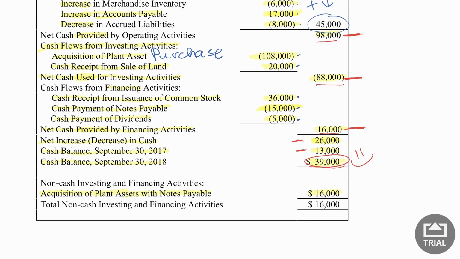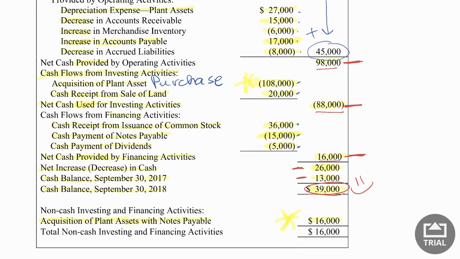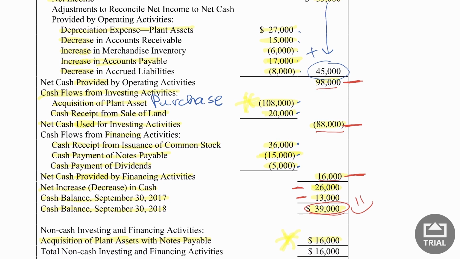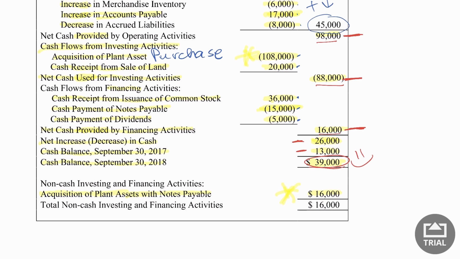So if you think about it, we acquired plant assets of $124,000. The amount that I paid for cash, I put up here in the investing activities, and the amount that I financed shows up down here. But I have the whole $124,000 in one spot or the other. They are just divided out. Okay, guys and gals, that is a complete statement of cash flows. Follow your steps and just take it